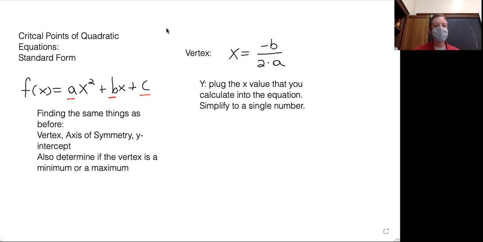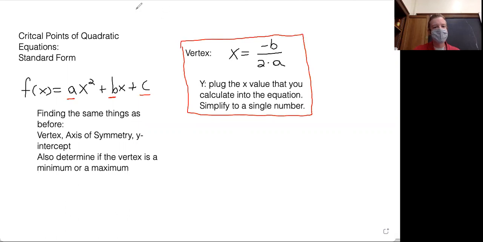The next thing we need to find is the axis of symmetry. And just like before, the axis of symmetry is going to be calculated the exact same way. So this is one of the things that does not change. So in this case, the axis of symmetry is still going to be x equals the x value